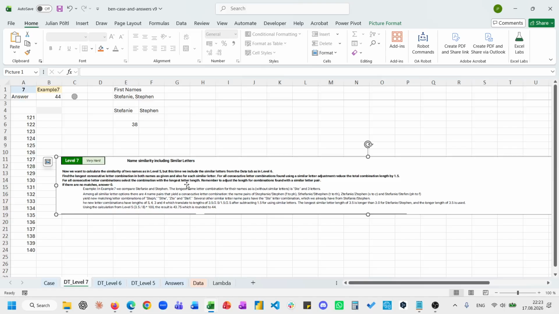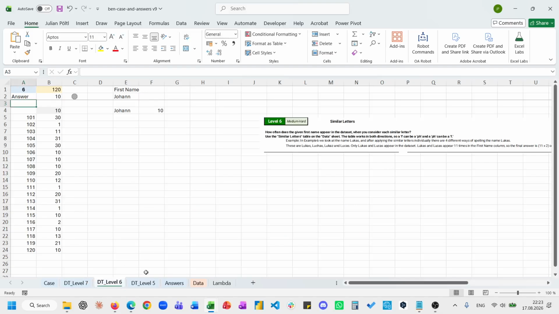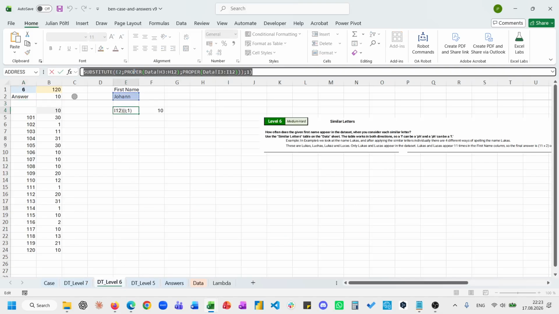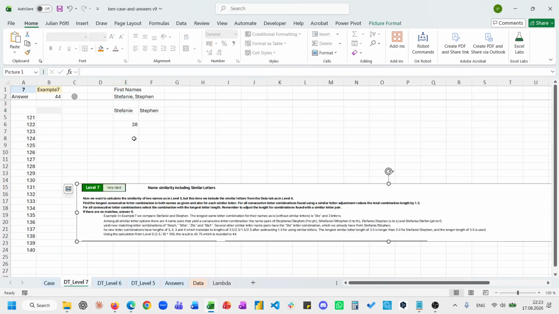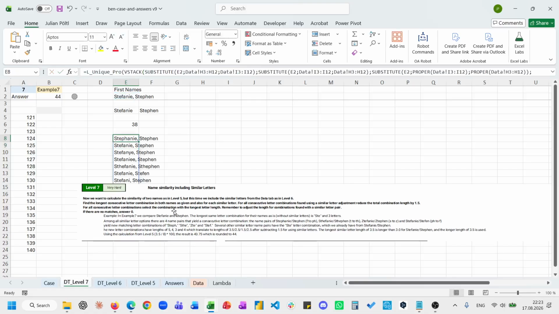Among all similar letter options, there are 4 name pairs that yield consecutive letters. So here, if we swap all stuff out, and therefore I use this version here,